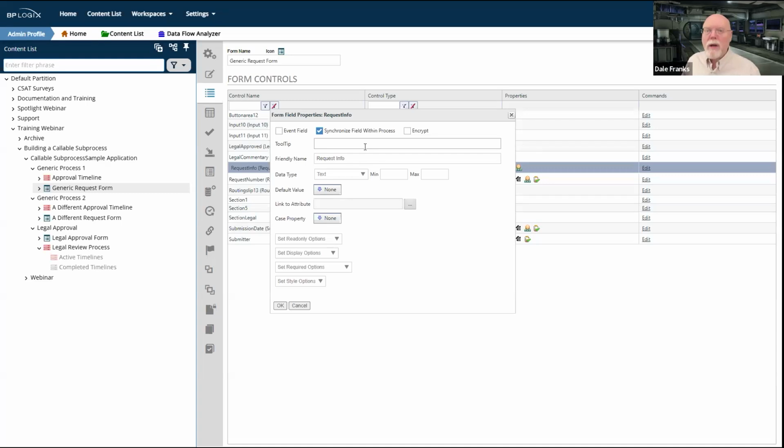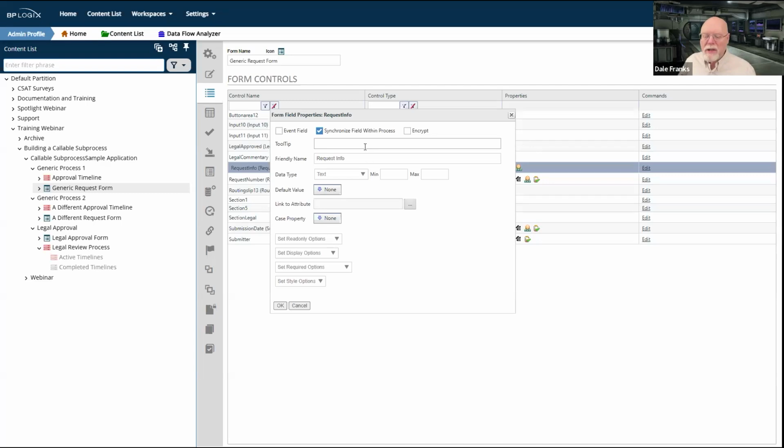Because honestly, we don't know, at least not at design time. We simply don't know that Form 2 is going to be included in the process for Form 1. When you're designing the forms, we don't know that. We don't know ultimately, I don't mean we as BP Logics, but the system itself.